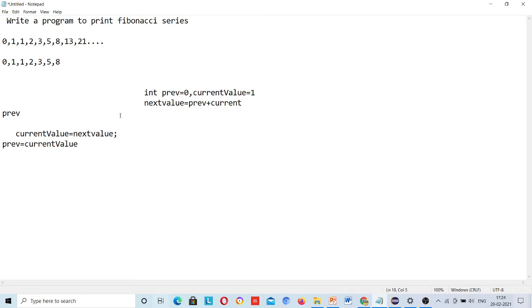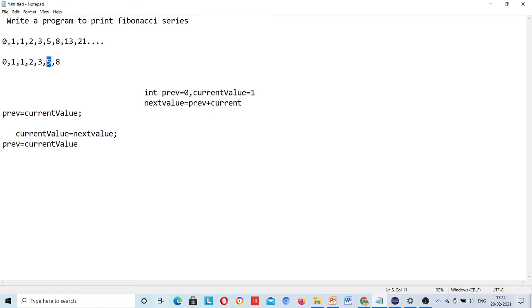Okay, so I have written the variable name previous, right? So I need to write current value, and then change the current value as well. Current value will be your next value, meaning previous plus current, whatever the latest one you get by adding these two numbers will be your current value. And before adding, you need to actually swap this,